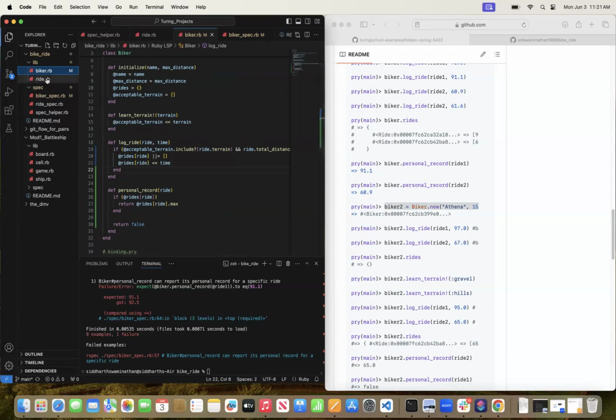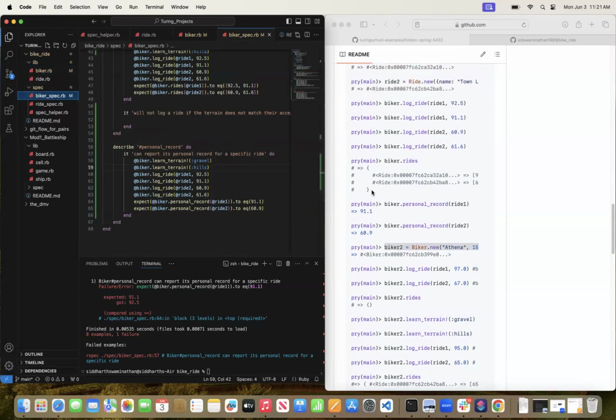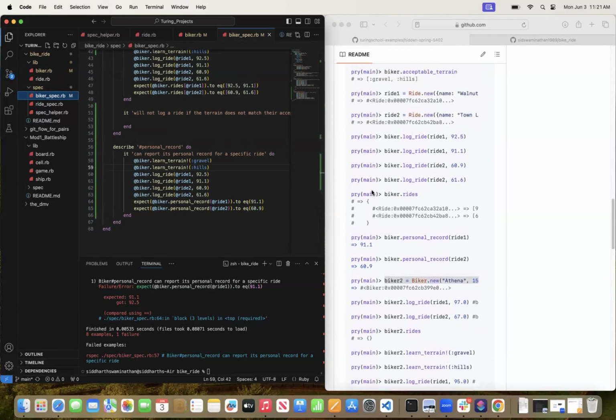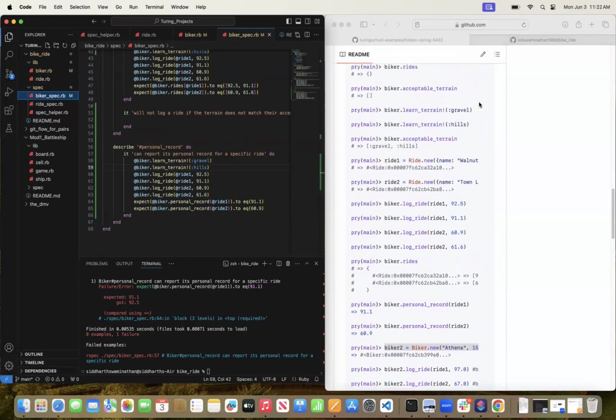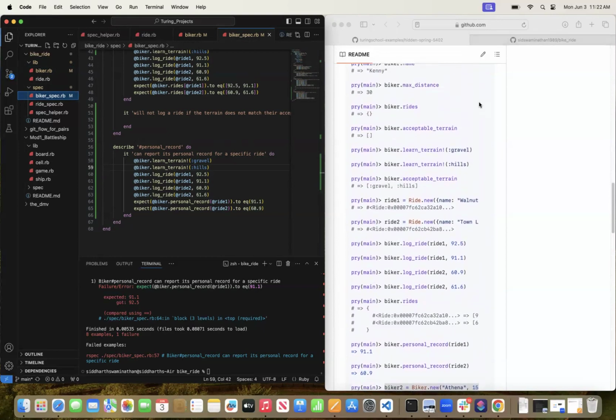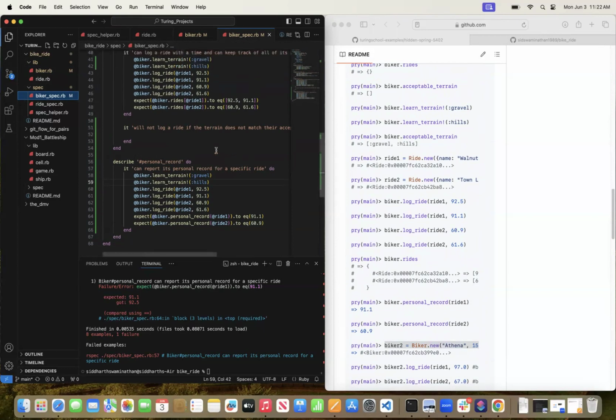Now let's go back over to here. Again, we've learned the terrains. We've logged those rides. We've got acceptable terrain. We've got rides, max distance. Now, personal record, we know in this case, it should be returning back to us 91.1. But again, in this case, it's returning 92.5. But ride 1 for 92.5 is not coming through for us